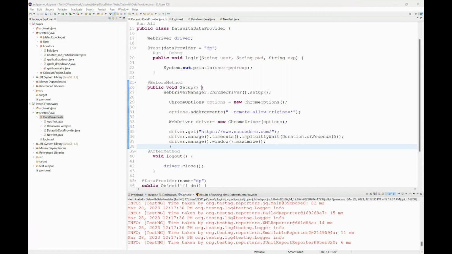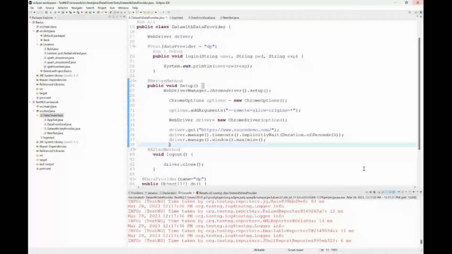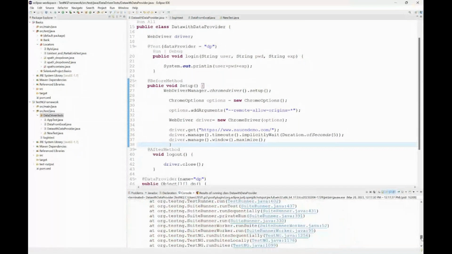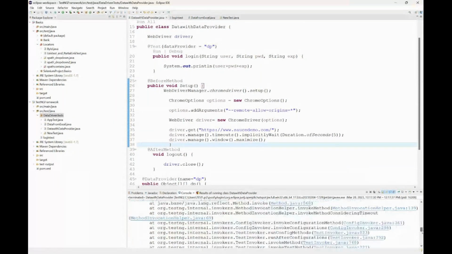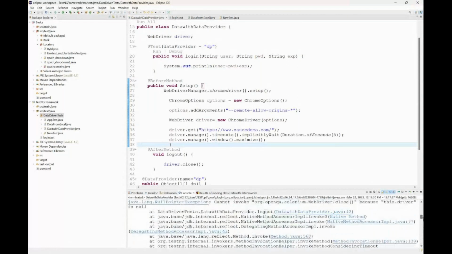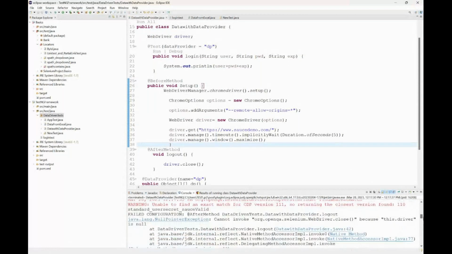After that, I also write the close. No, in after method, it is not closing the window. Okay, we'll see why it is not closed. And here, when I check the console, I'm getting only one output. See this, failed configuration at after method. So, data driven test, with the data provider dot logout. Okay, if I remove this